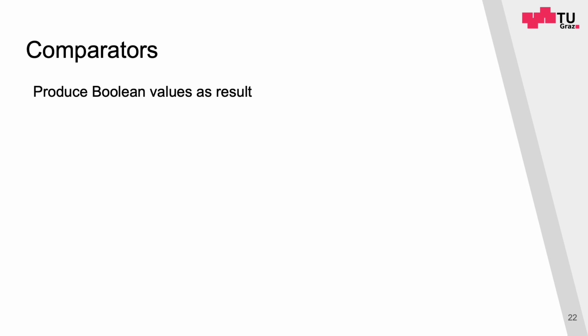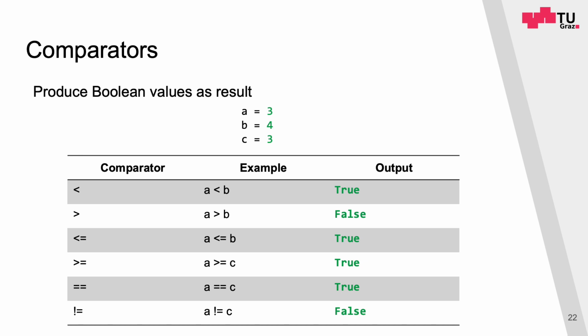Now we dive into comparators, which are used to compare values between variables, and as a result, they produce Boolean values. So again, we have our 3 variables, a, b, and c. And here you can see the list of available comparators in Python. We have the usual smaller or greater sign. For example, if we look at the first line, if we type a smaller than b, we get the result true, since a has a value of 3 and b has a value of 4. This means a is smaller than b, and therefore the output is